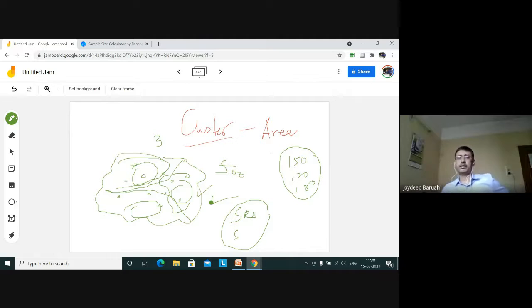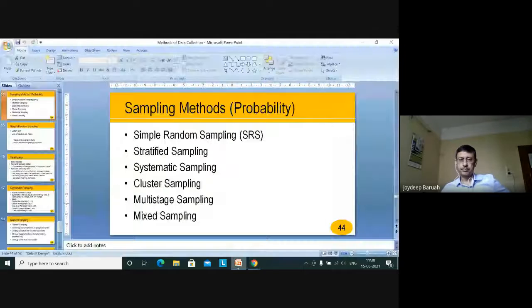Now the point that I was trying to make here is that, let me sum up the whole discussion, and then we will take some questions. The idea is that the method of data collection depends on a couple of things. First of all, you need to understand what your objective is. Second, what your kind of data is. Based on these two ideas, the objective and type of data, you will decide which method is going to be used. Different methods are there, and most importantly, all the methods have their own mechanics